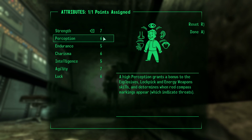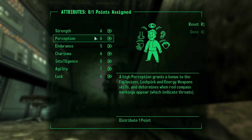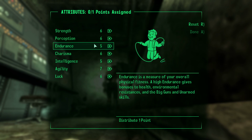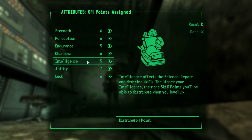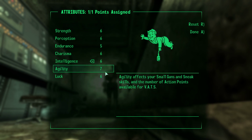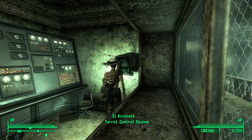I don't really melee a lot, though, or maybe that's not a good idea. Ooh, that might be better. The perception, endurance, charisma. Ah, man, more skill points you'll be able to. That might actually be the best one. Maybe another point in intelligence, since that and endurance are the only ones that aren't 6. Man, I just talk myself into whatever, don't I? Yeah, sure. Let's do that. I think that might be better. All right, so